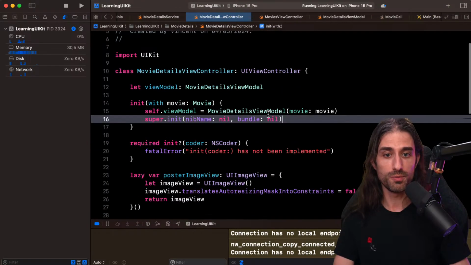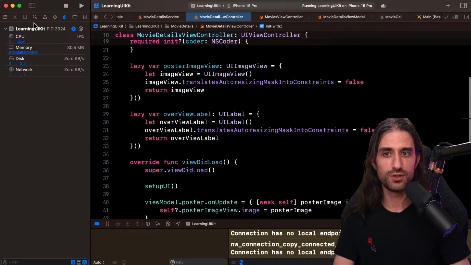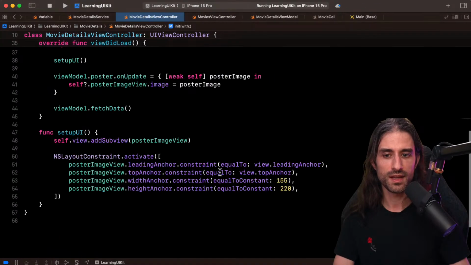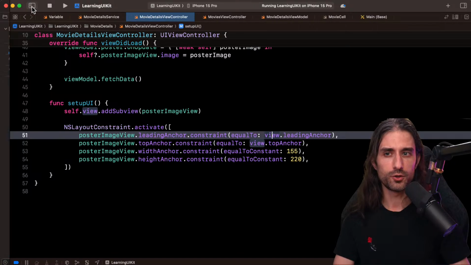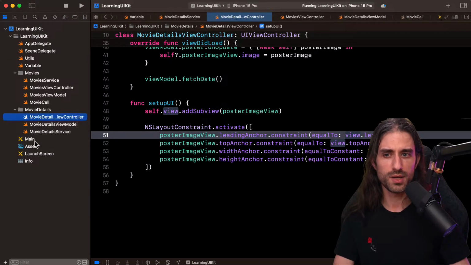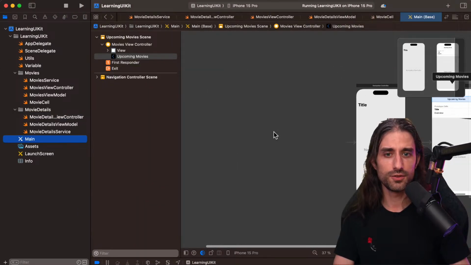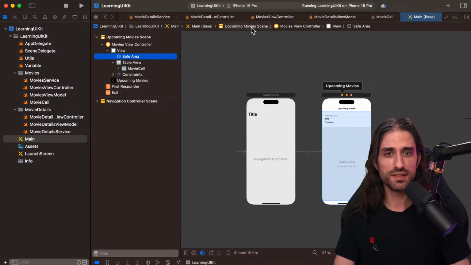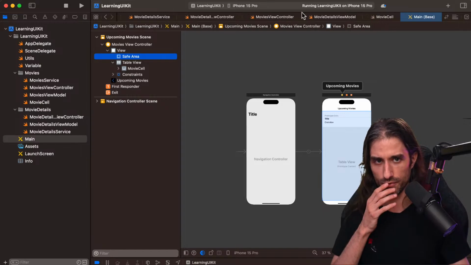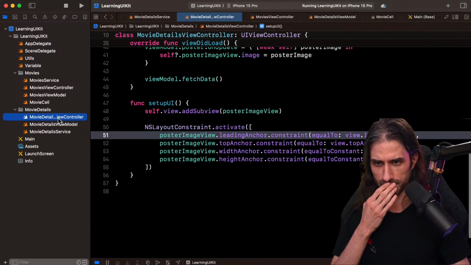But that's an interesting problem because it can allow me to show you what the issue was, and the issue was that I constrained my poster view directly to my view. But we saw when we looked at the storyboard before that this is not the right way to do it. You don't want to constrain to the view directly. You want to constrain to the safe area. And you can do the same thing when you lay out your view programmatically, actually.